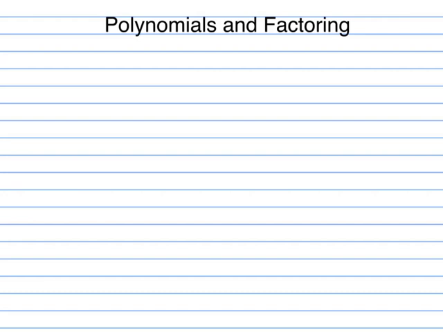Let's look at some basics of polynomials and how to factor the greatest common factor from them. A polynomial is any expression that has one or more terms where you have a number in front and then x to a power that is a whole number. Some examples of polynomials would be like 6x squared minus 3x plus 1,